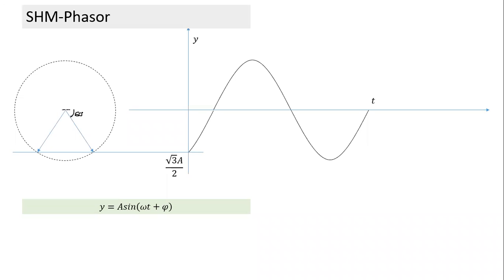Now the question is, which one of the two is correct here? This is going up, so this one is moving along with the curve. This is going towards the mean position. This is going away from the mean position. Which one will match here? This is the correct one. Okay. So what is the phase angle? The phi is equal to minus 60 degree.